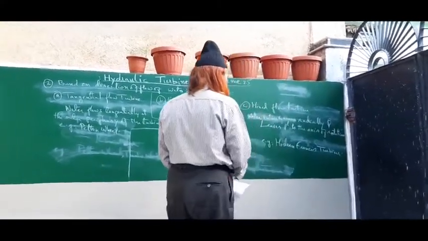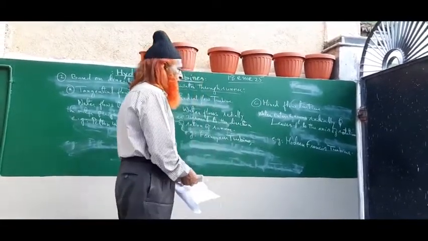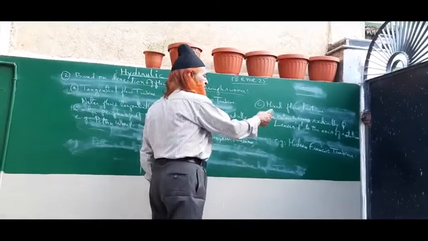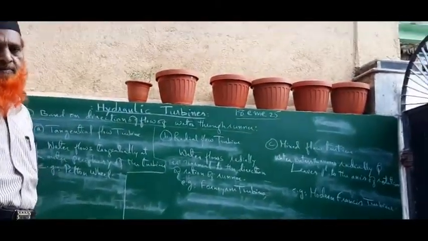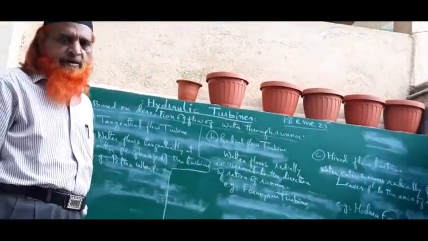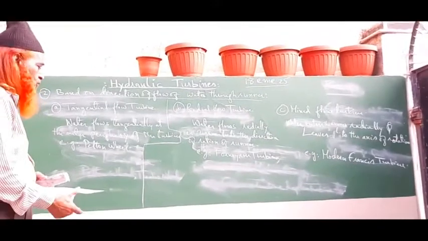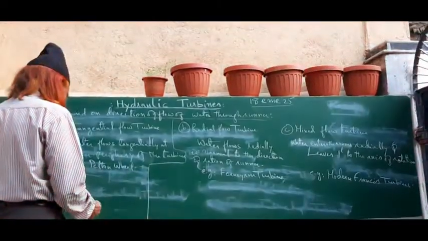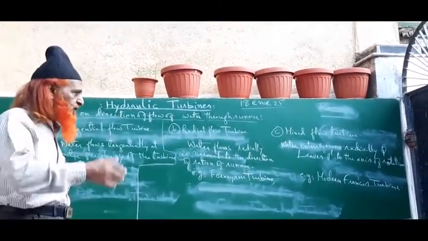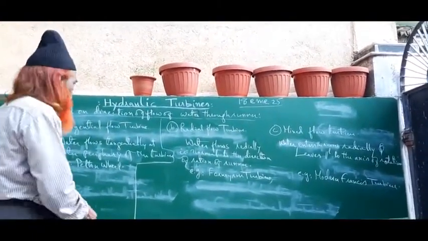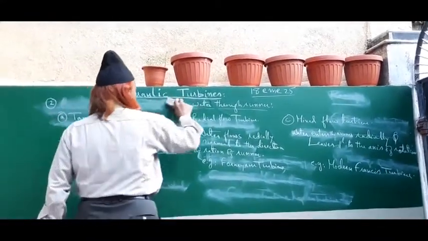Because the Francis is taken here as the example, therefore here we take down only the Francis turbine, because the modern turbines are coming with a mixed flow only. Okay. Is it clear to all of you? That means on the basis of direction of flow of water through the runner, we can have this classification. Then we can have the classification on the basis of head, on the basis of specific speed, right? Like that. Therefore, next classification, we can take down the head.